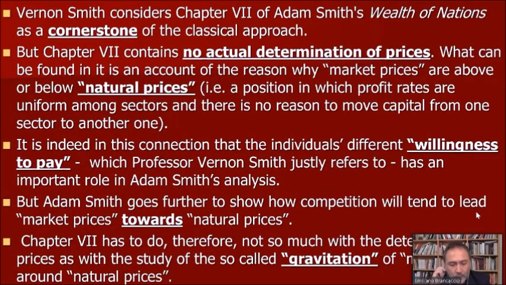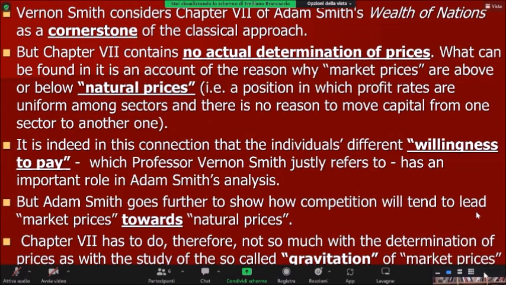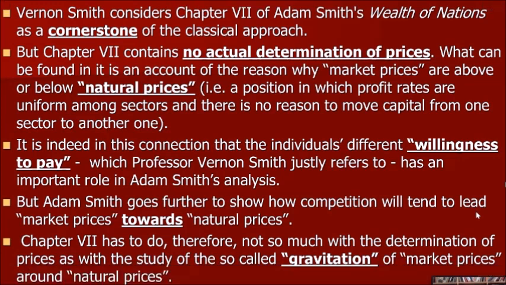The question can be addressed by examining precisely Chapter 7 of Adam Smith's Wealth of Nations, which Professor Vernon Smith considers as a cornerstone of the classical approach. The problem with Chapter 7 is that it contains no actual determination of prices. What can be found in that chapter is, in the first place, an account of the reason why what Adam Smith calls market prices will generally be found above or below the so-called natural prices,